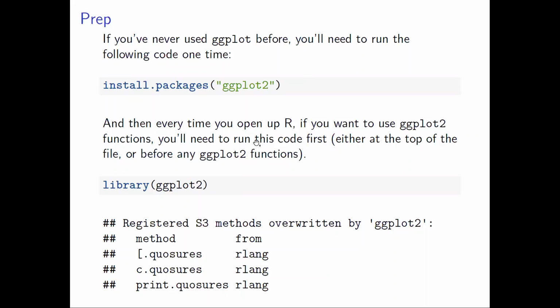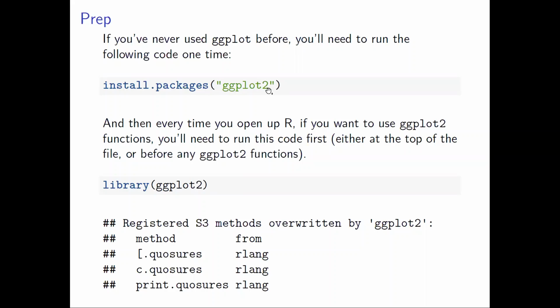The first time you use a package, you have to install it. Some packages come pre-installed, but generally you have to install a package the first time you use it. It's very easy. There's a function, install.packages, and then in quotes the name of the package. Our package is called ggplot2.